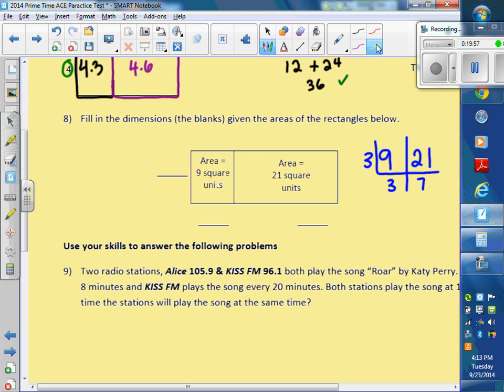times. So what that tells you is 3 times 3 gives you, when you multiply these, you get 9. So you could put a 3 here and a 3 here. And 3 times 7 gives you 21. So you can put the 7 down here. So the ladder method works nice, but for some people, it's not as easy as just writing a list of